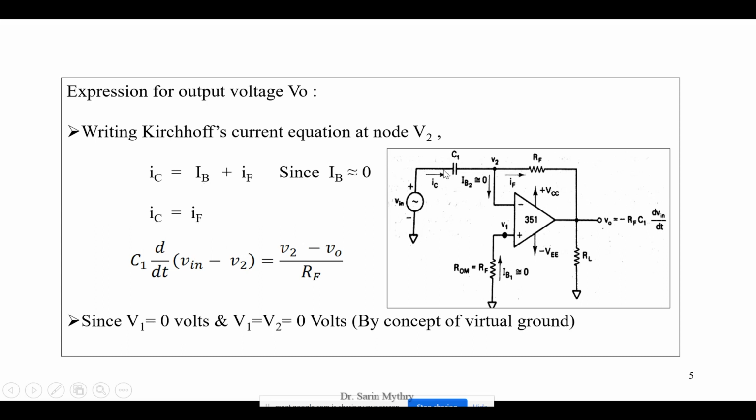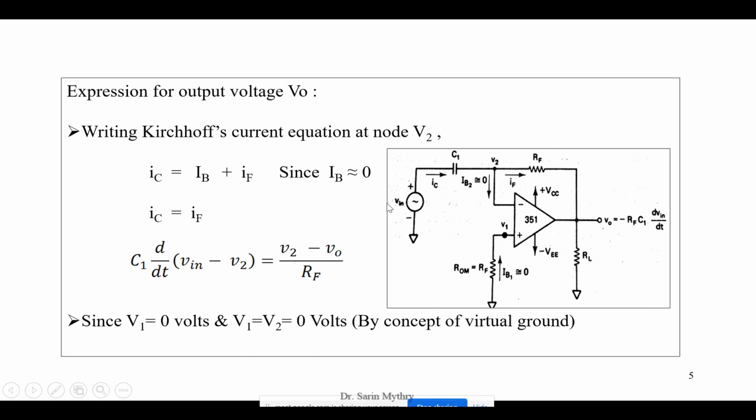Now apply the concept of current and voltage relationship across this capacitor. The formula is C dV by dt, but my voltage here is the potential difference between these two voltages. The current starts from V1 and enters V2, so V1 is greater than V2. That's why I take it as V in minus V2. So C1 d by dt of V in minus V2 is equal to